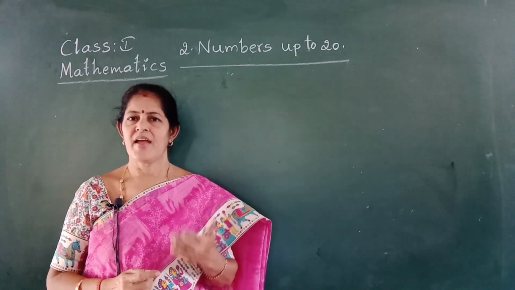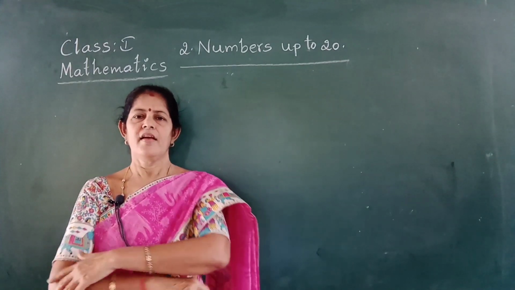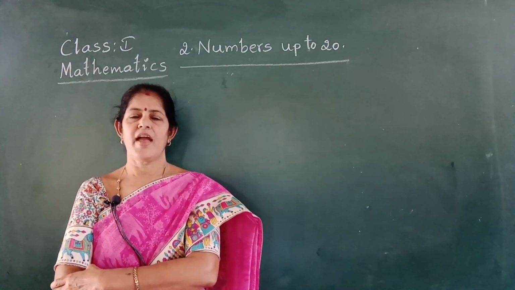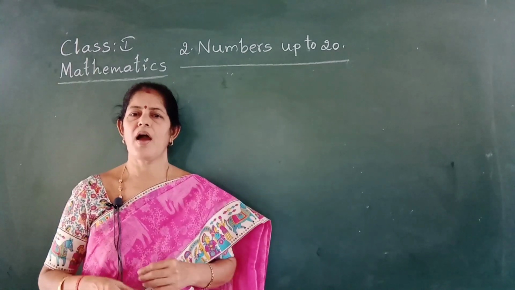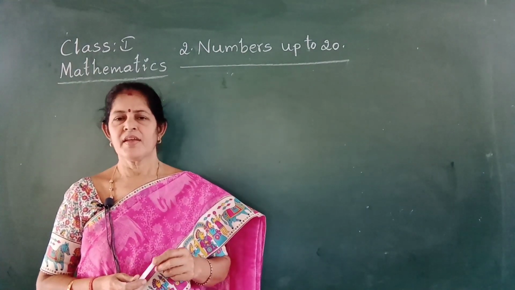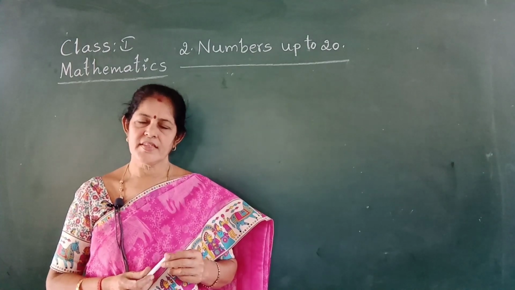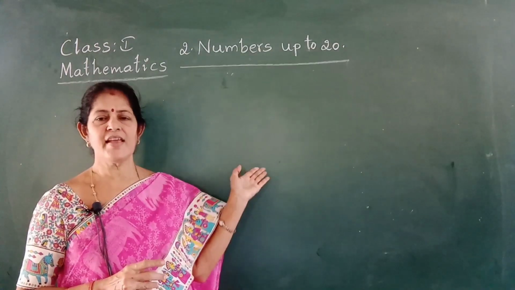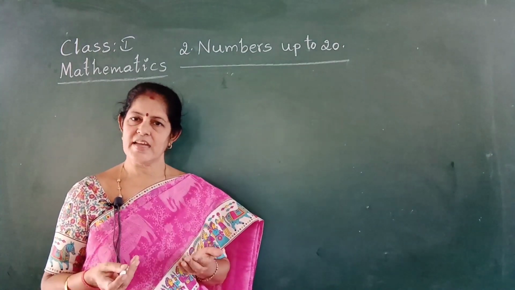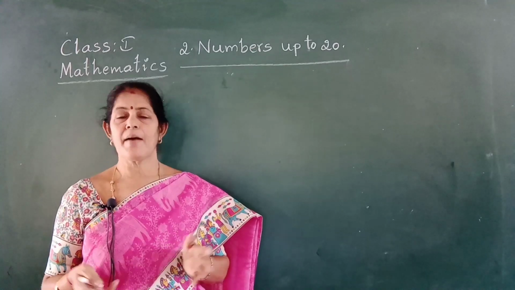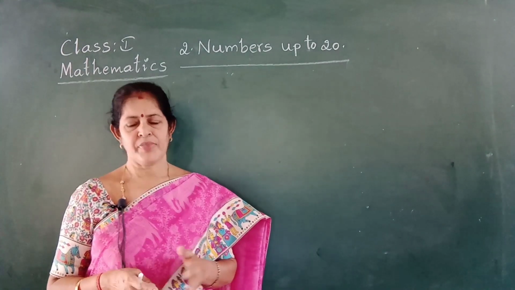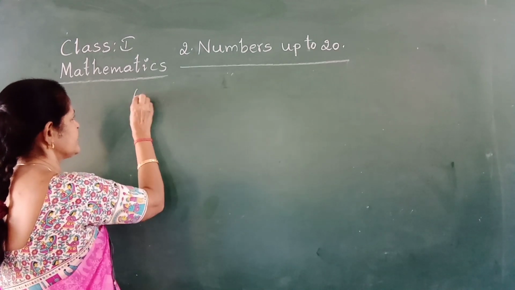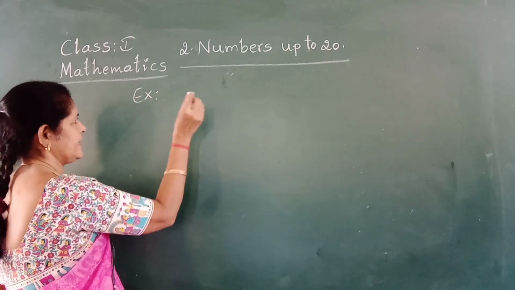Okay, once again, ascending order and descending order, or increasing order or decreasing order. In ascending order, we arrange the given numbers from small number to big number. In descending order, we arrange the numbers from big number to small number. Once I am going to revise that, then go to find out the greatest number and smallest number and comparing the given numbers. Okay, come on, see. I am writing some numbers. First of all, I give you examples for ascending order and descending order.